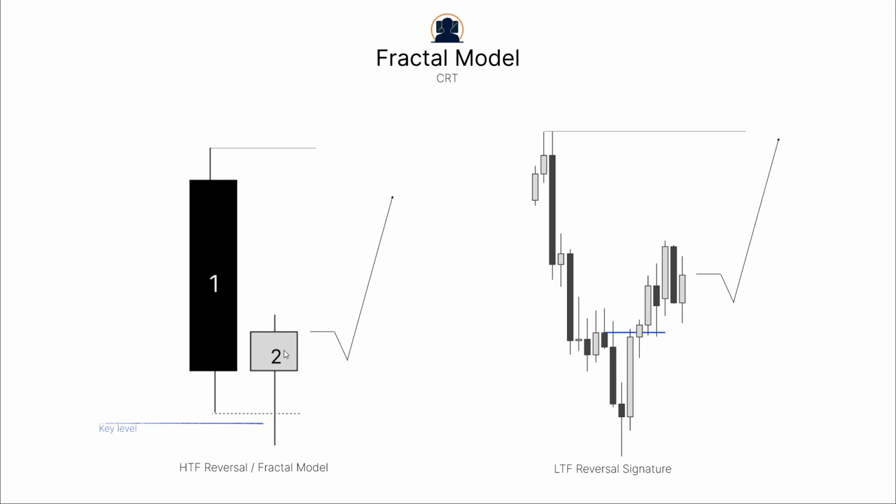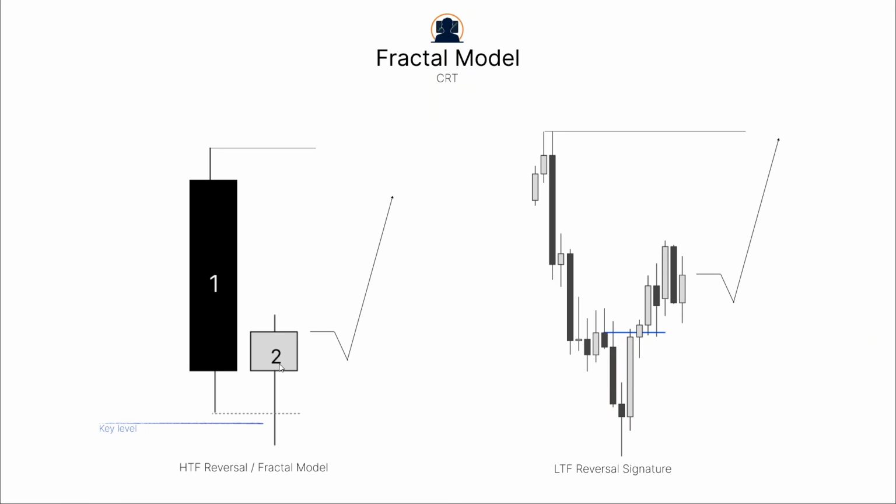And this is how candle 2, which is the reversal candle, is going to look on the lower time frame. You have the lower time frame reversal signature, where you have expansion into a key level and expansion away. To make you understand this signature, I'll put it this way. It has to be a single colored candle into a key level followed by an energetic single colored candle away from it, closing above the series of down close candles, or if it is a single candle, it should displace above that candle. Once that happens, that becomes a CSD, that changes the state of delivery,